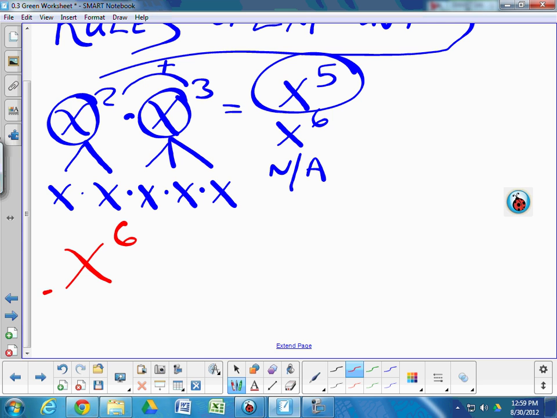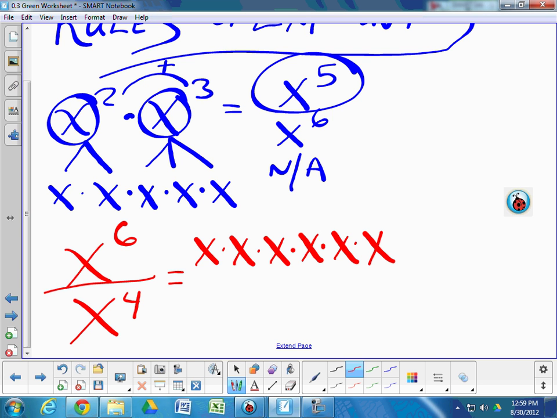X to the 6th over x to the 4th. Well, what does x to the 6th mean if you write it out the long way? That's why we invented exponents, to indicate repeated multiplication. On the bottom, what do we have? Okay, and here we have a battle between top and bottom. We're in a fractional war here between the numerator and the denominator, because things can cancel or eliminate